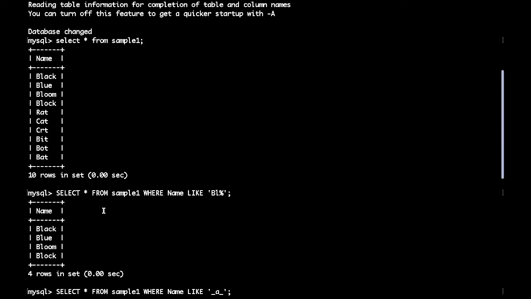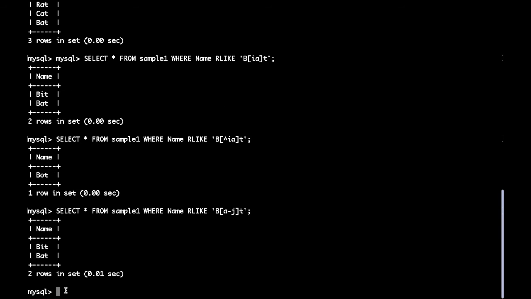Let us take another example. Let's say you want all the words in which the third letter is, let's say, O. For that, what you can write is two underscores. That means the first and the second letter can be anything, and the third should be O. And then you write a percentage sign, which means that after that, n number of characters can be there, either 0 or 1 or 2, 3, any number of characters. But the O should be at the third position, which is indicated by the two underscores. The two underscores stand for two letters, which can be anything from A to Z. The first and second underscore can have any alphabet. The third should be O,